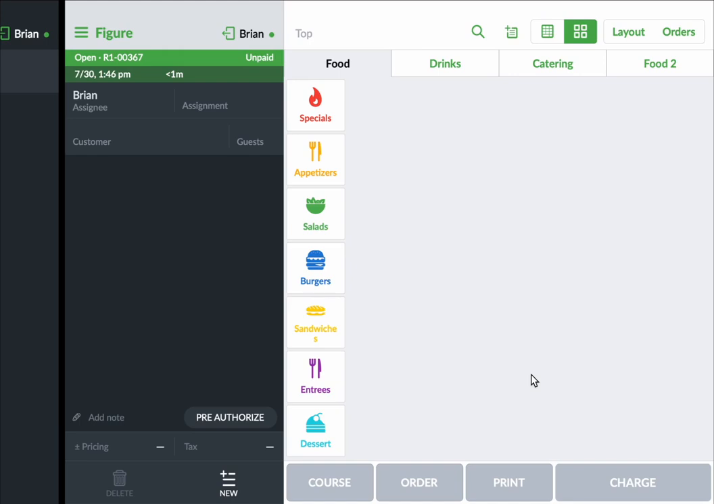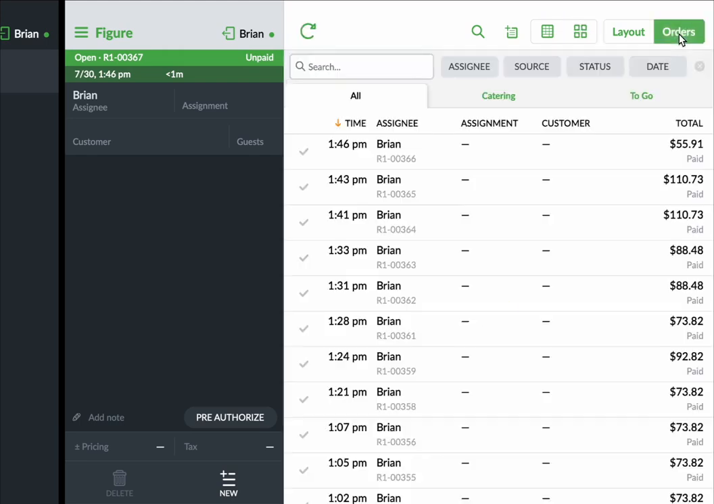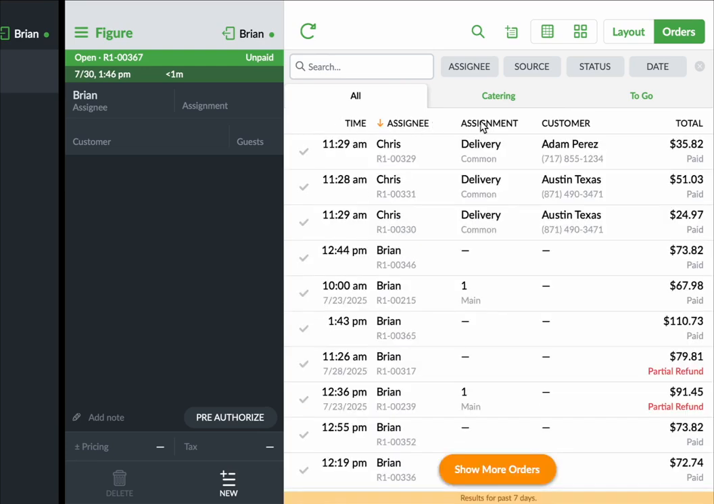Let's also take a look at how to process refunds, but let's first make sure that we know how to find the order that we're looking to refund. So clicking on the Orders tab in the top right-hand corner will bring you to your current list of paid and unpaid orders. The items on this list are always going to be sorted by default by time, with the most recent one appearing at the top. You can sort each column,